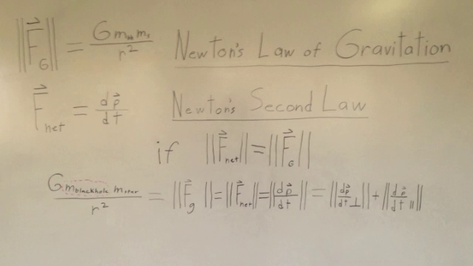According to Newton's law of gravitation, the mass of the black hole is directly proportional to the magnitude of the gravitational force. Thus, if the mass of the black hole changes, the force of gravity will change proportionally to the mass, which will cause F-net on the star to change, which will finally cause dp over dt to change. Since the parallel and perpendicular components can be treated separately, both do not have to change. Thus, if only the parallel component changes, the direction, which relies on dp over dt perpendicular, will not, and the orbit will remain the same. However, we would be able to tell the difference because the change in speed of the